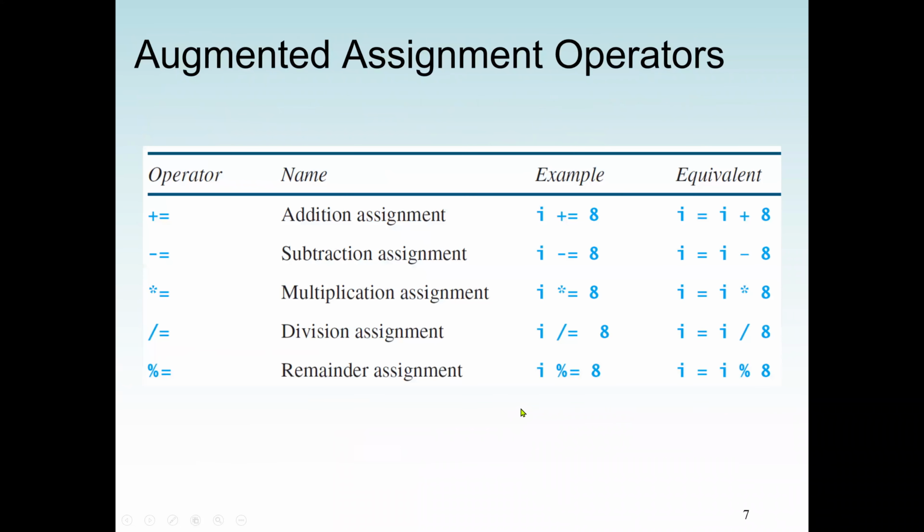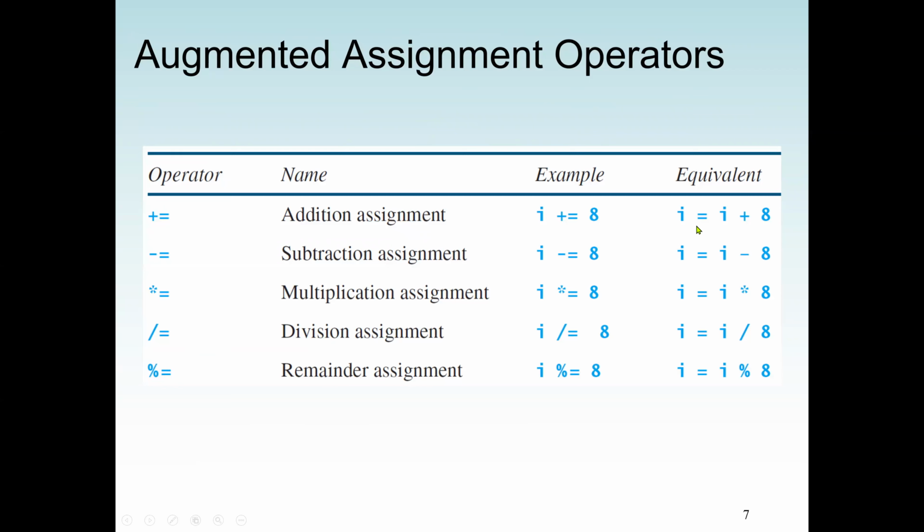So now we're going to start with the theory aspect of the two programs that we went through. This is called the augmented assignment operators. When we have a plus and equal, it's called the addition assignment. So here, if I write i += 8, it is the same as saying i = i + 8, which means I'm going to add 8 to the previous i value, and that will give